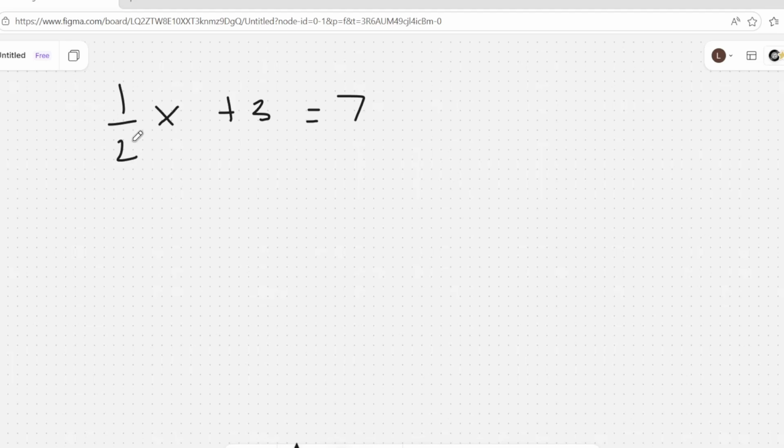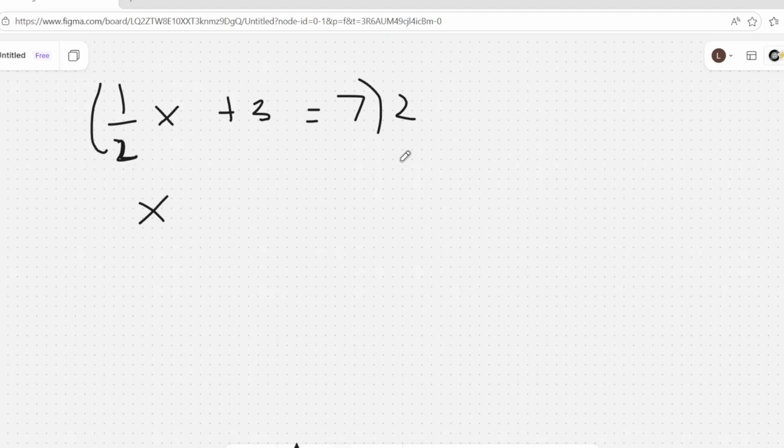We can make sure that this x only has a whole number coefficient and not a fraction. What we can do is remove this 2. How can we do that? We can remove this 1/2 by multiplying the whole equation by 2. If we multiply 1/2 by 2, it becomes 1, so it will only be x, since 1/2 times 2 is just 1. So we can simply omit the 1 since it is invisible.